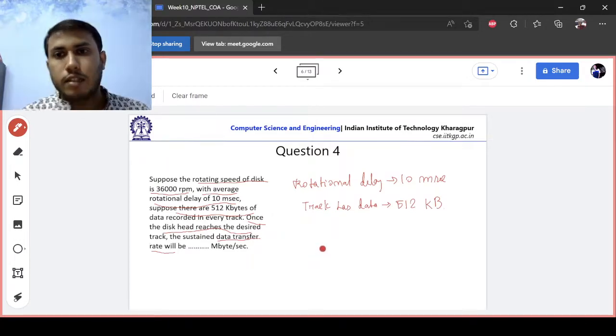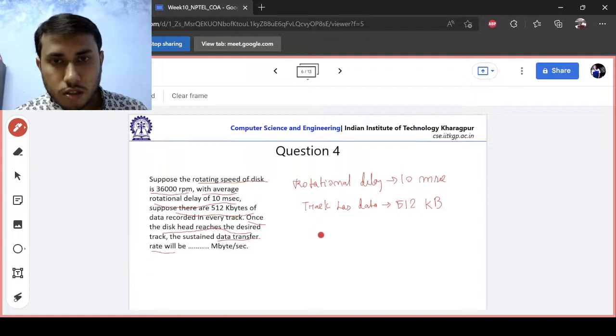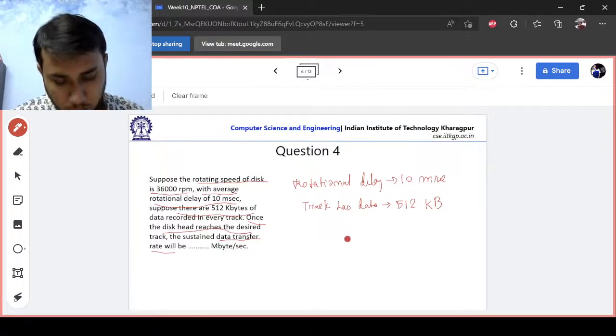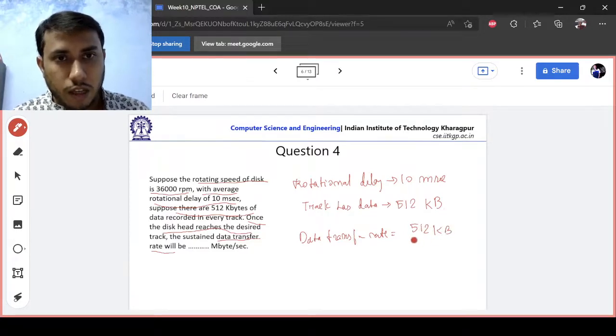So once the disk head reaches the desired track, the sustained data transfer rate will be what it will be. Generally, data transfer rate is equal to 512 KB divided by 10 ms, that is 512 into